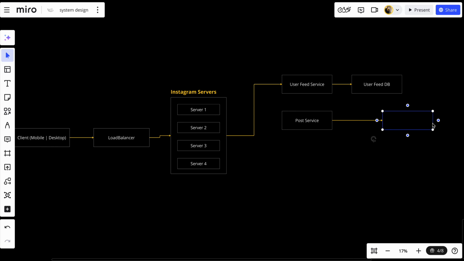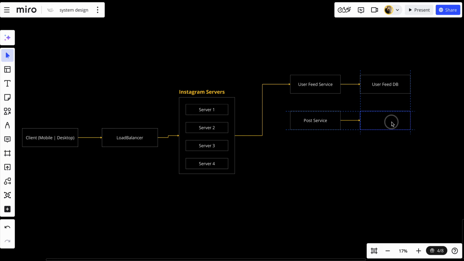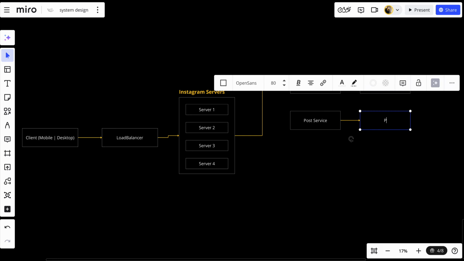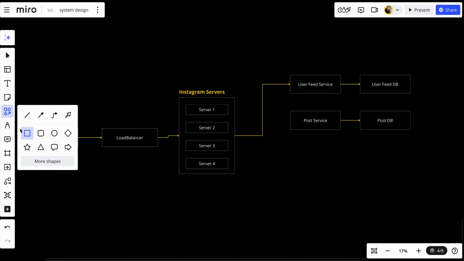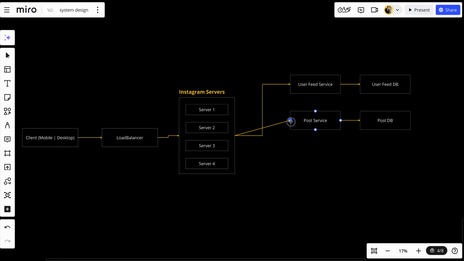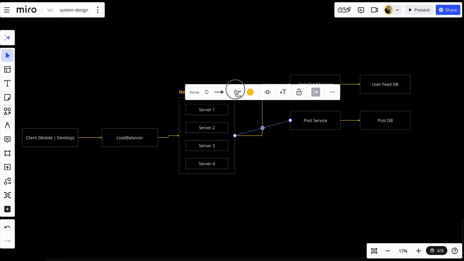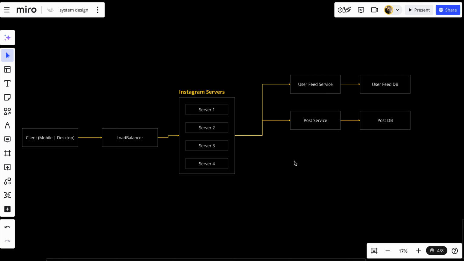And also it will have its own database because it's a microservice architecture, so each service has its own database. So, post database, and please make it like that. And we might have as well